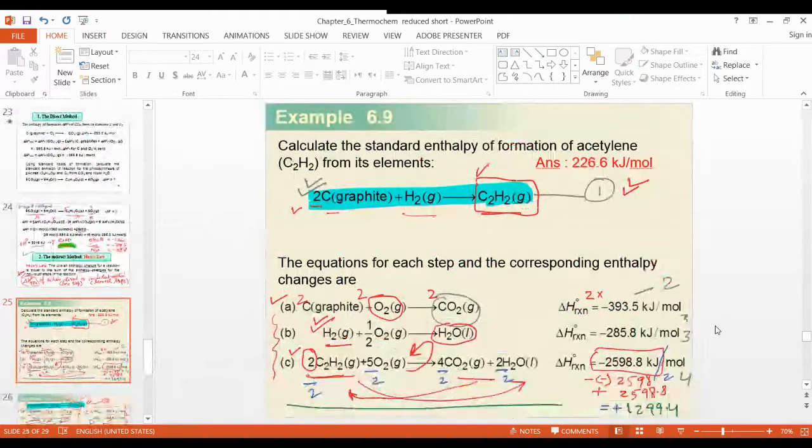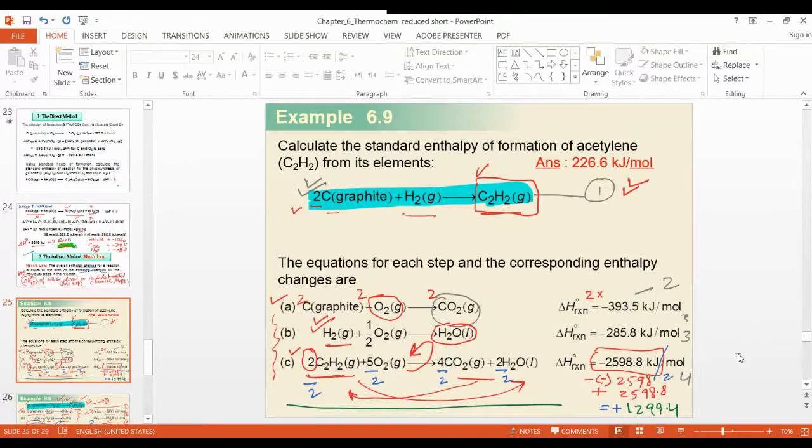In the indirect method, as I told you, this is a series of reactions here, and only the blue color main reaction is there. You have to look at what is on the left hand side and what is on the right hand side. If a reaction is the same on the left hand side, no need to change anything. Hydrogen is on the left hand side in the series of reactions, no need to change. C graphite on the left hand side, no need to change. But here C is 2, but here C is 1, so you have to multiply by 2. Look at here, I have already solved it. And also multiply the delta H value by 2. So just go through this, in this way you calculate.